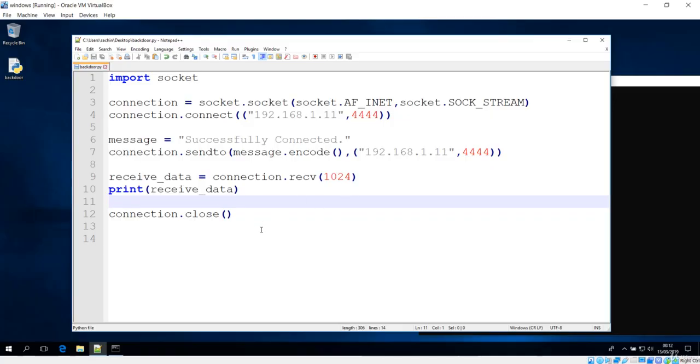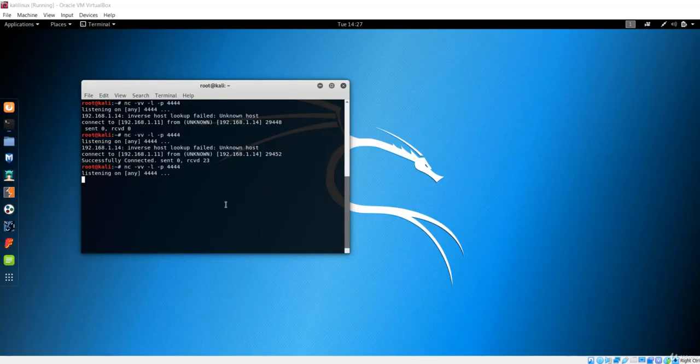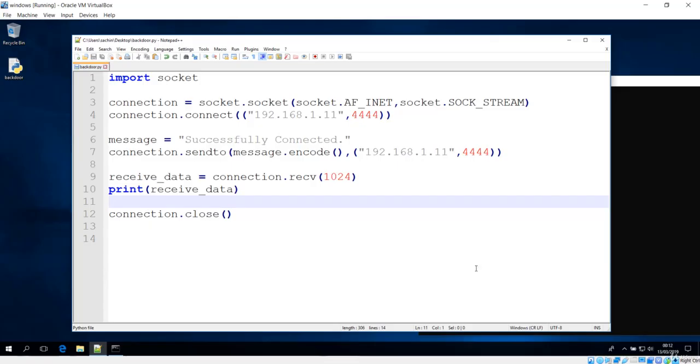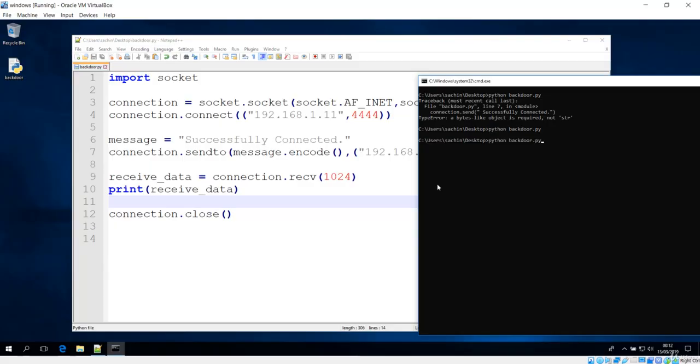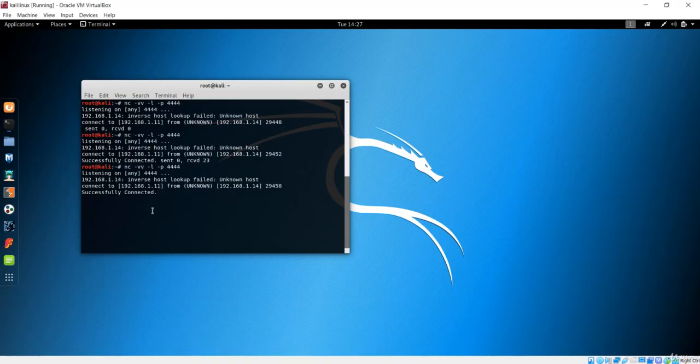So let me save this one more time. Let's go over here and see our port is up and running. Let's go back here, let me run that Python backdoor file again. Let me hit enter, and now you could see that it is running, it is successfully connected. That means you can send data from this server now to the client. So if I type anything, this is a Kali Linux,